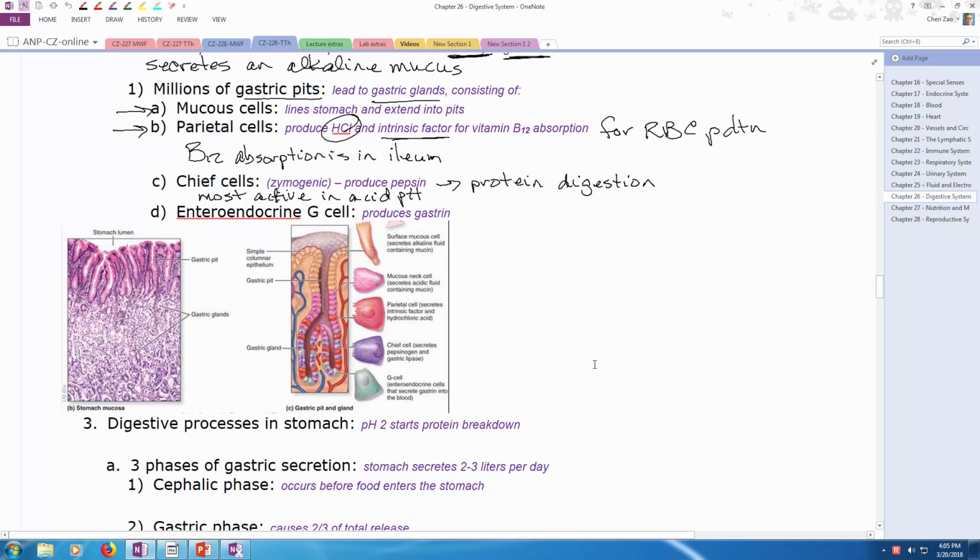Let's see if we can almost get done with our lecture for this chapter for today. We'll get, I think, pretty much all the way down until we get to actually some of the biochemical processes for our carbohydrates and lipids and proteins. We were talking about the stomach and the composition of the stomach mucosa, the gastric pits, and now we're into